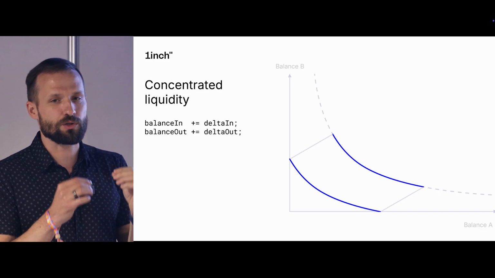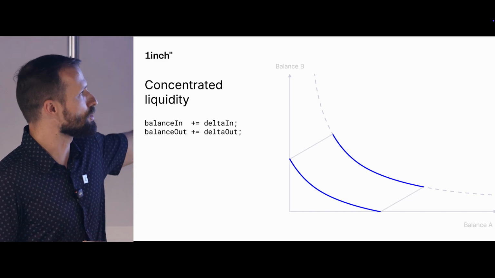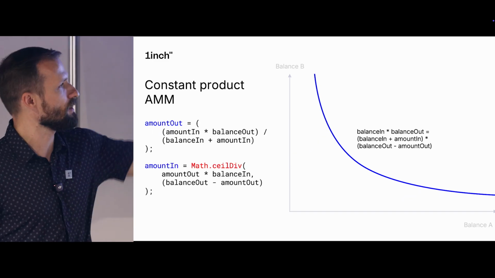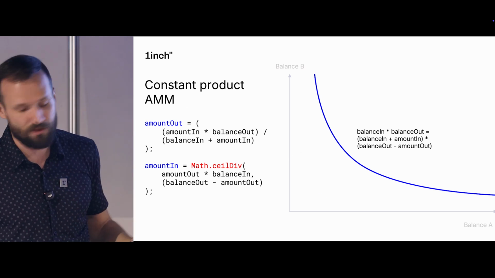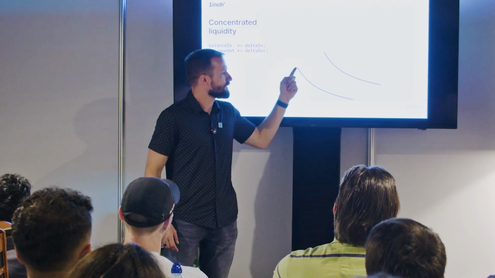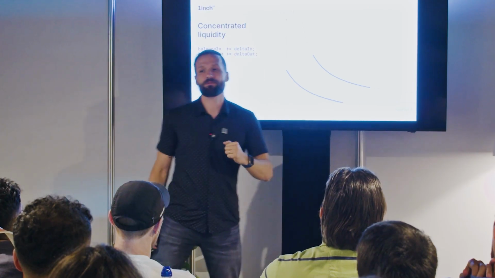In the smart contract, in the virtual machine, we actually don't care about this math at all. We just increase balances. And after this, the previous formula is working and the behavior is like that: your real balances move on this curve, but virtual balances increased here work on this invariant.